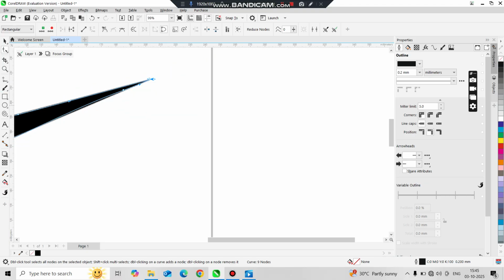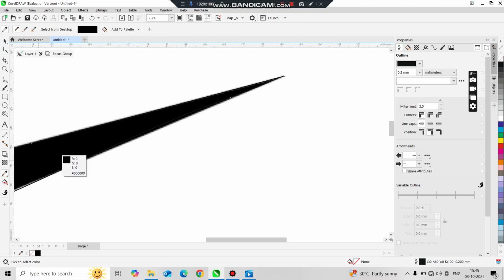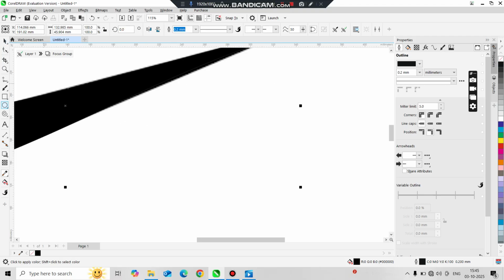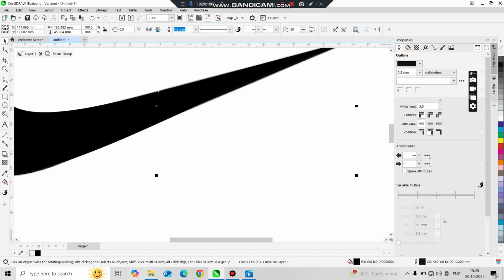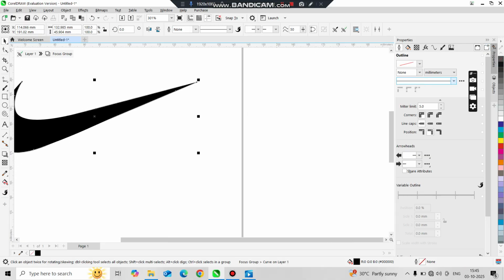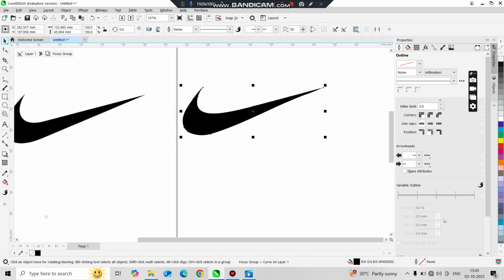you want to scroll, then you want to click here, then left click this option and left click here, and here again left click. Then you want to right click on the underline button, then you want to select this logo and drag it to here, and your logo is